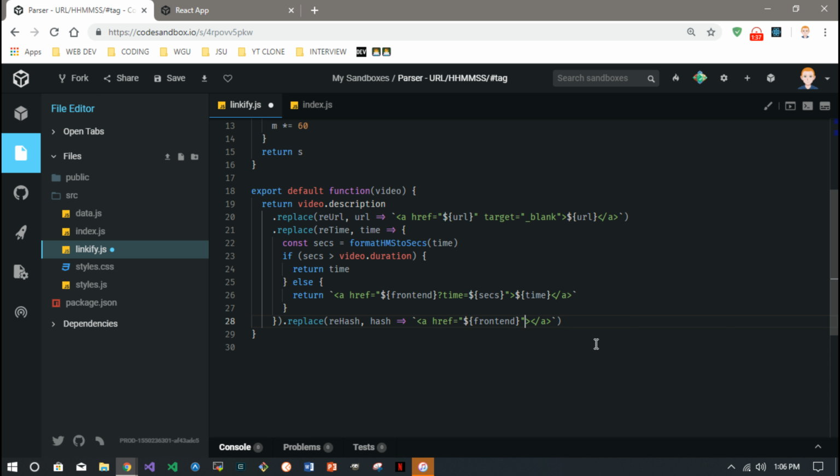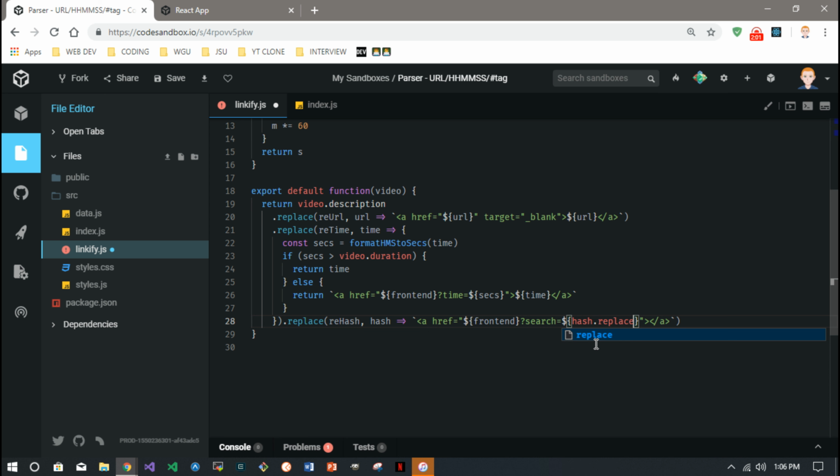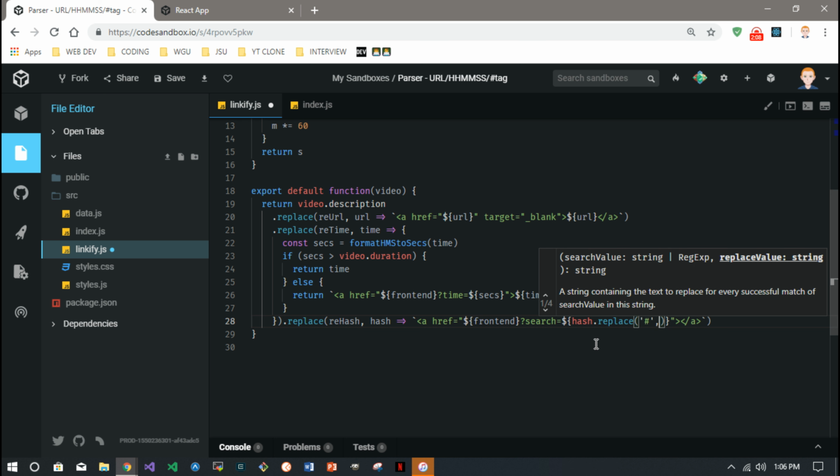And then we're going to add, boom, call it search, I guess, and we'll set that equal to the hash dot replace, to replace the actual hash with nothing. And then,